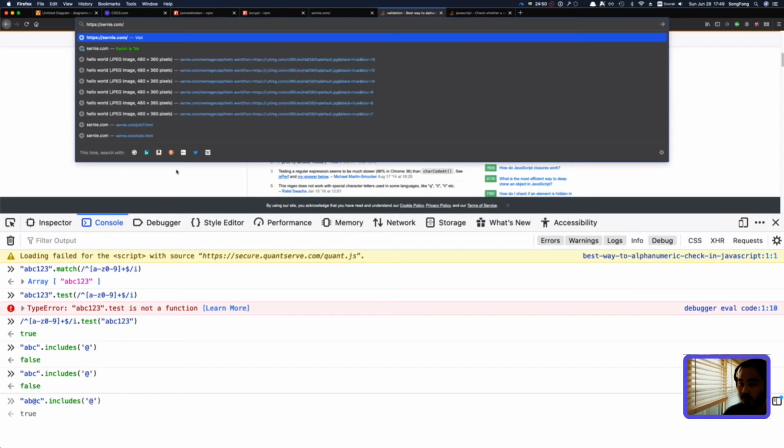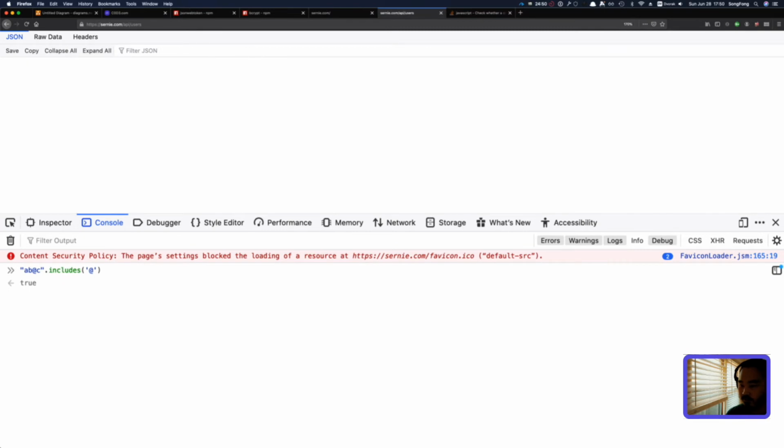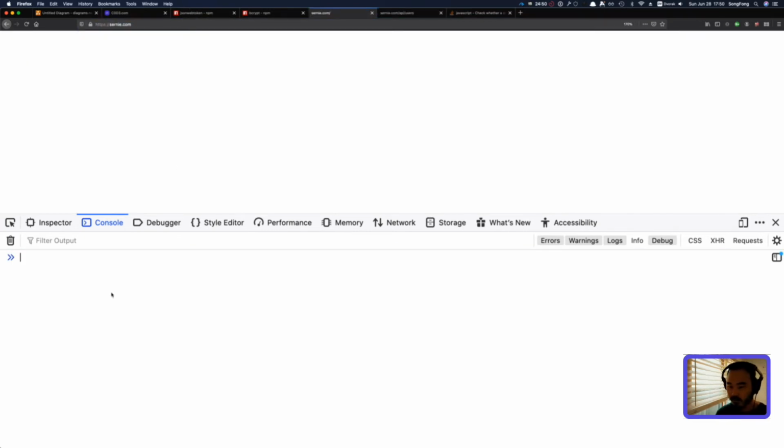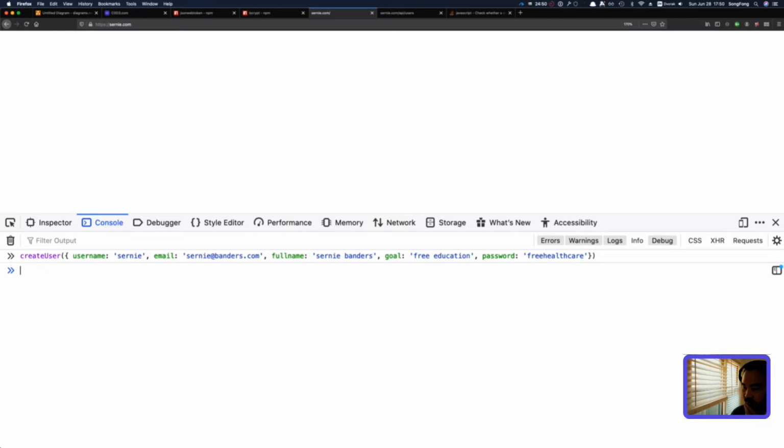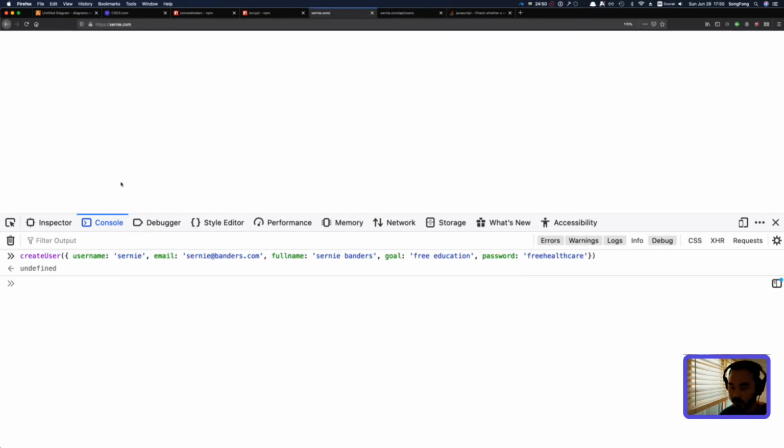So since we restarted the server, when I go to users, there should be nobody there. There's nobody. And then I'm going to create an account. And the account matches got created. So now there's an account, right? Now I'm going to try to log in